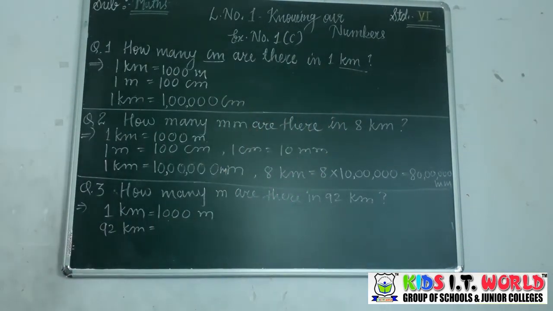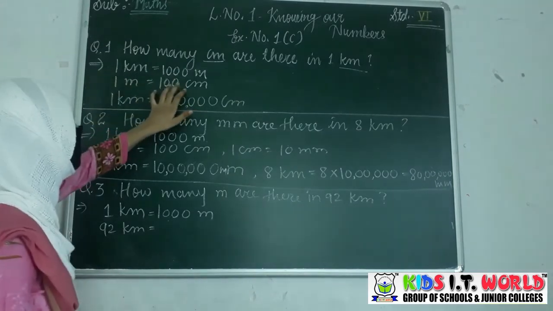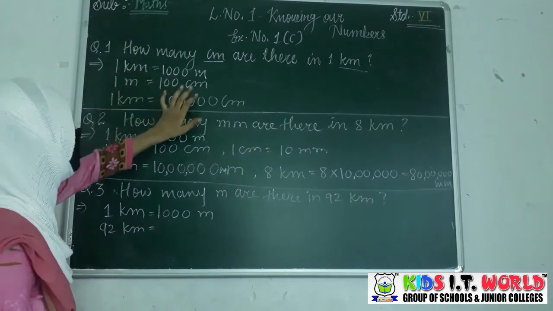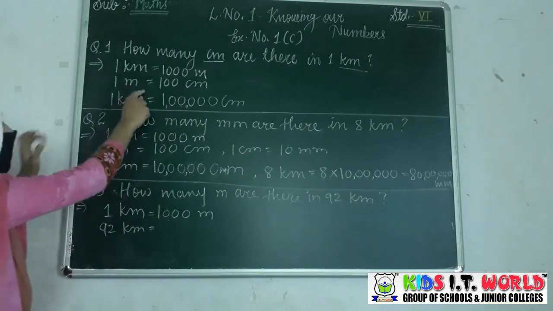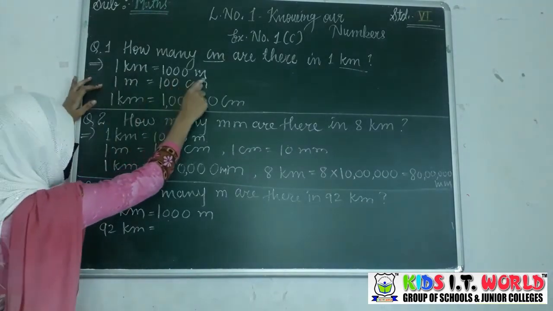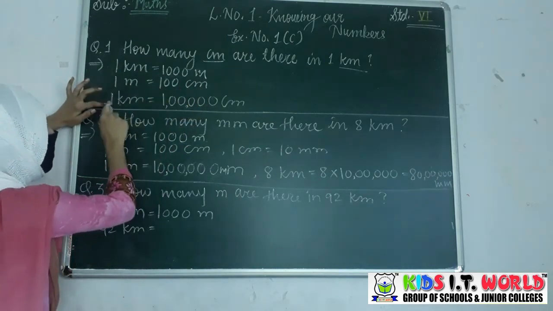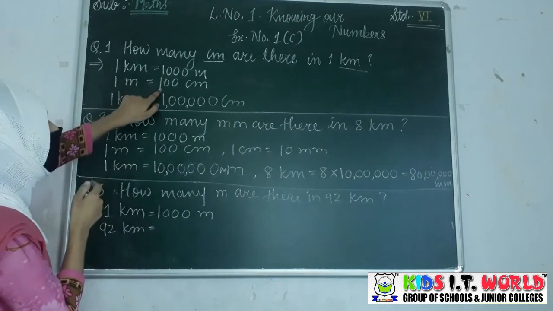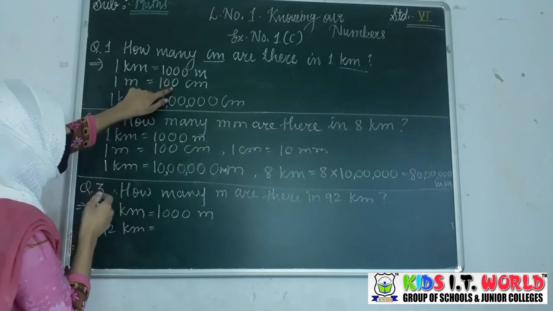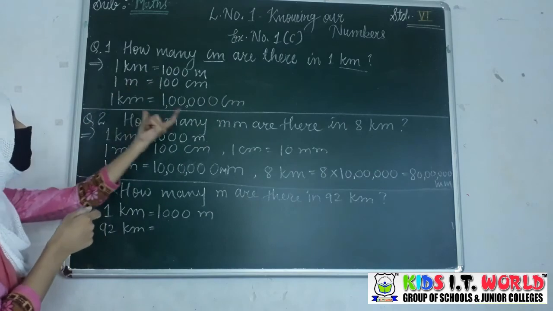So here in the units which are given to you in the workbook, according to that 1 kilometer is equal to 1000 meter and 1 meter is equal to 100 centimeter. Directly the conversion of 1 kilometer and centimeter is not given to you. So for that you have to find it. To find 1 kilometer is equal to how many centimeter, we will multiply the value of 1 kilometer and 1 meter, that is 1000 into 100. So you will get this much amount.